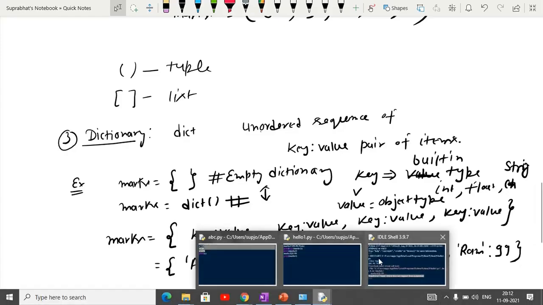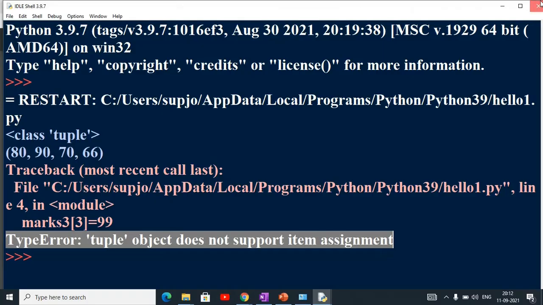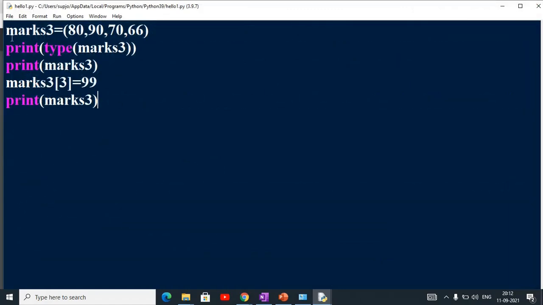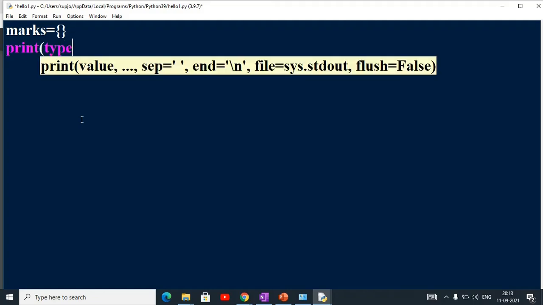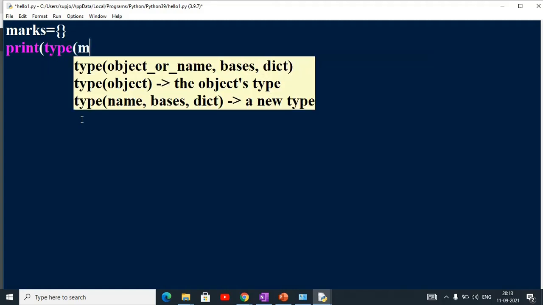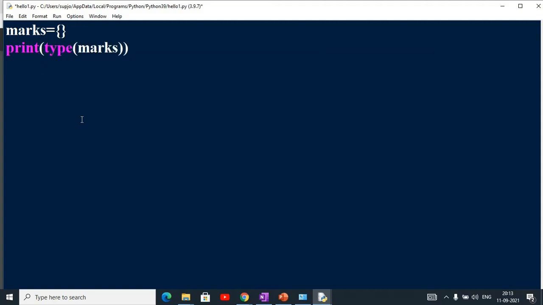देखिए मैं बनाने जा रहा हूँ इसको, बहुत सिंपल तरीका है। आपने लिखा मार्क्स और आपने केवल ये कर दिया और इसके बाद इसको प्रिंट करा, टाइप मार्क्स किया और प्रिंट किया।